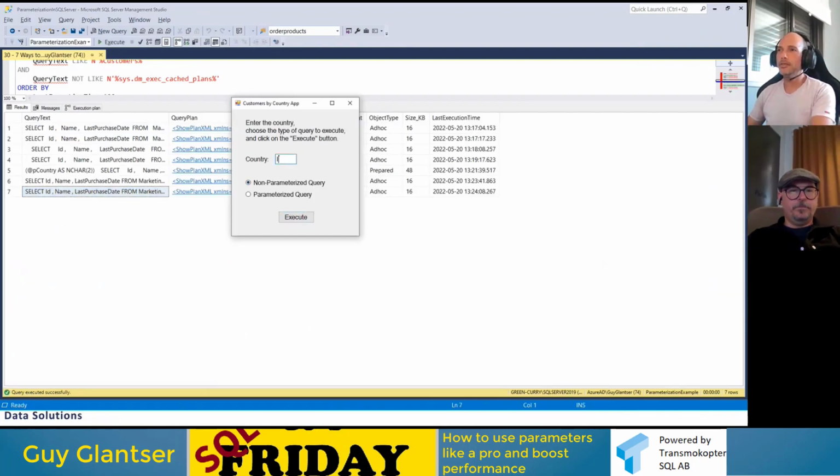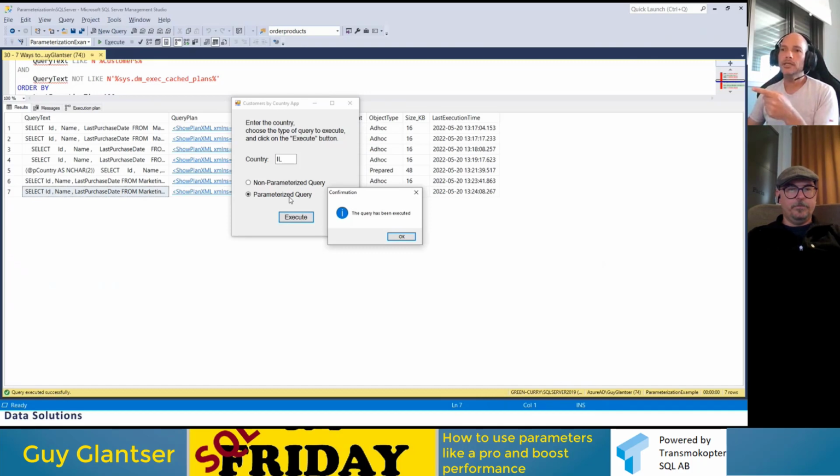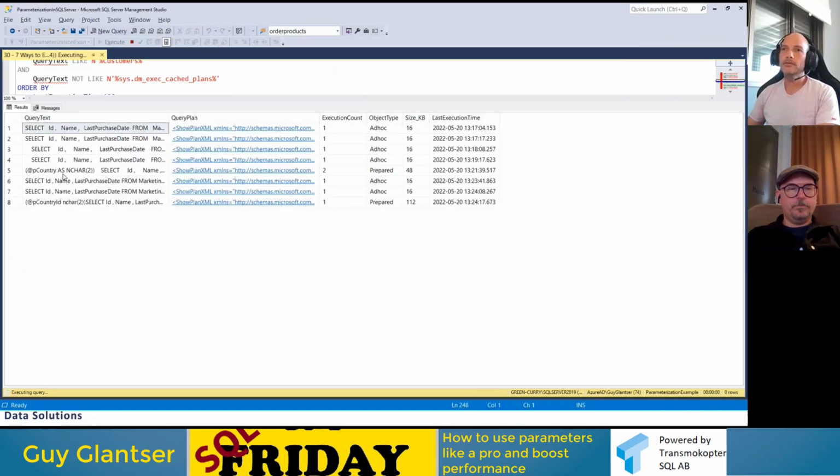And if we do Israeli customers with the parameterized query, basically what happens behind the scenes when I run this code is that ADO.NET sends the sp_executesql statement just like we did before. So it's the exact same way of execution. It becomes a prepared statement with the parameter, which means we have this line, which is just like this one.